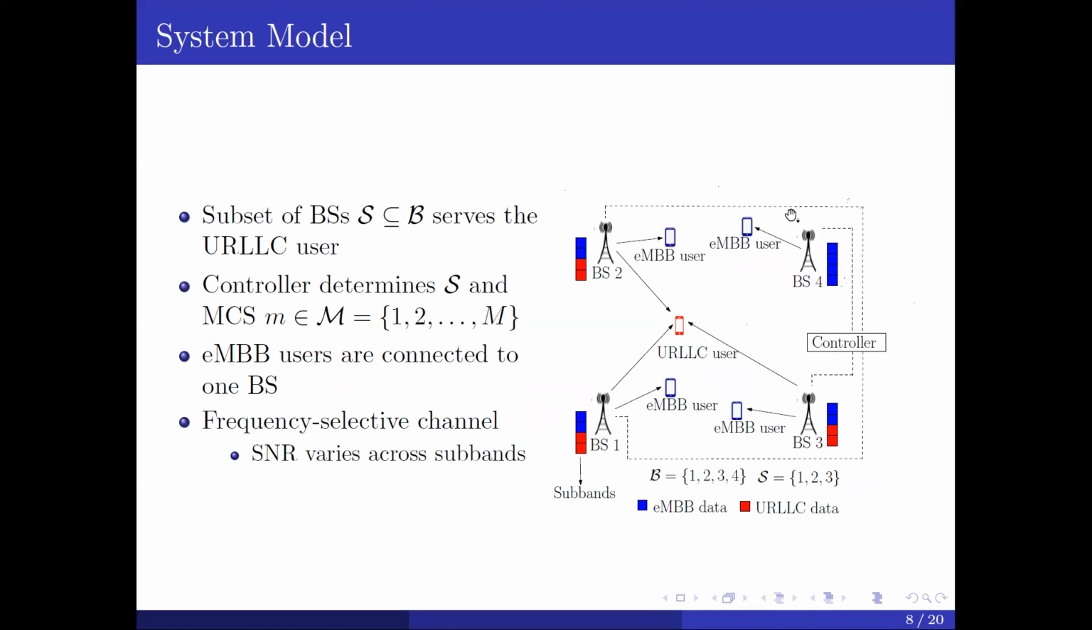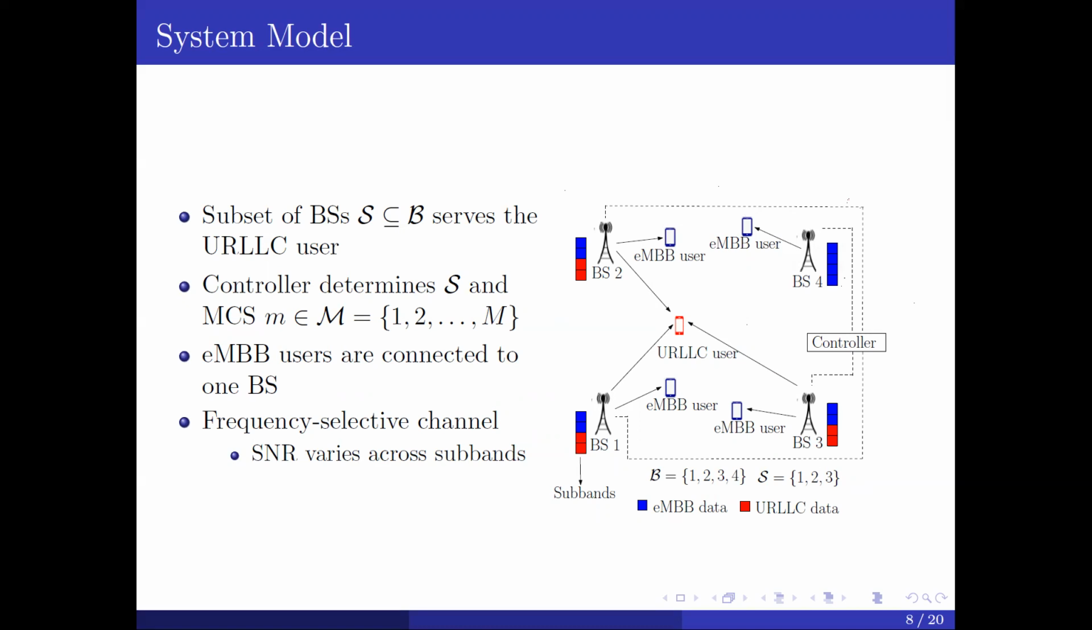The eMBB users are connected to one base station, only one base station. You can see here the channel is frequency selective. That means the SNR varies across subbands. Now we'll see why this frequency selective nature of the channel is challenging, and we also see a method to